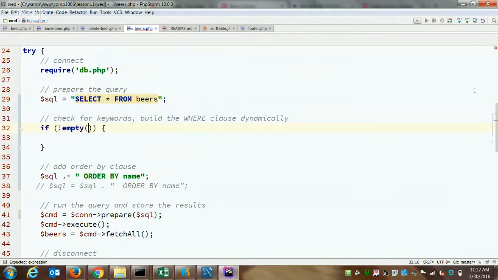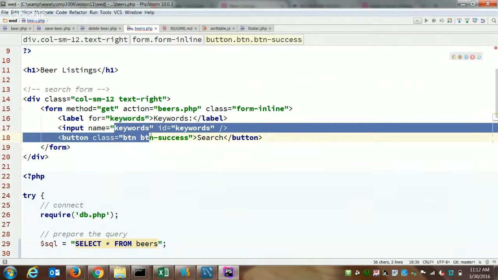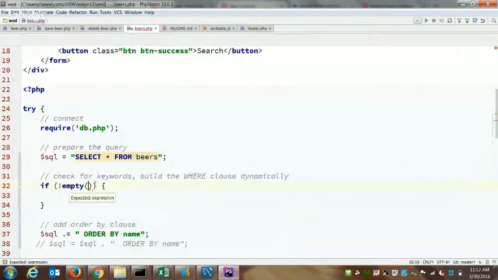Here's our form. Yeah, in this case, we want to use get rather than post. And what value in our get are we checking? So we're going to check the get collection. Right, we're going to check our get keywords. That'll be the text box value. So if get keywords is not empty,